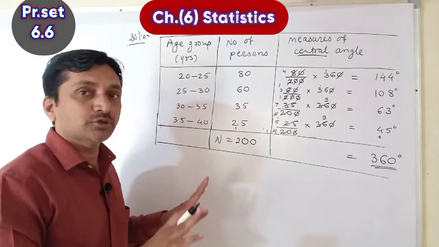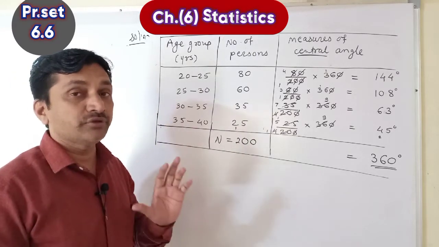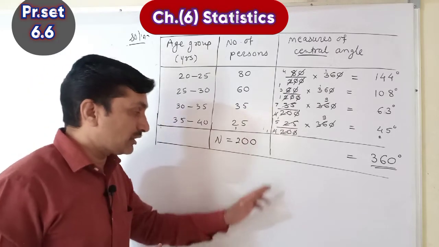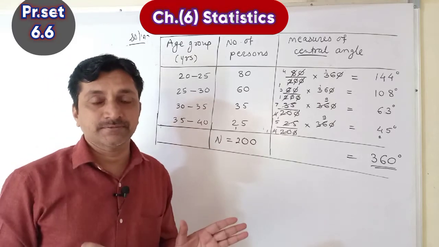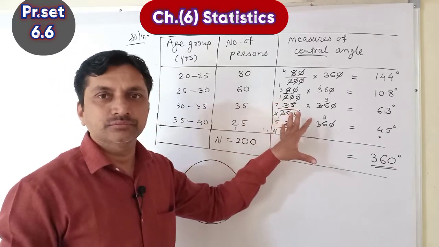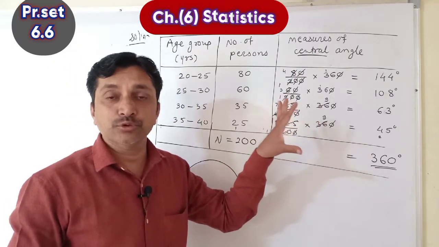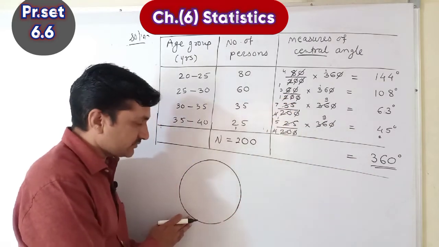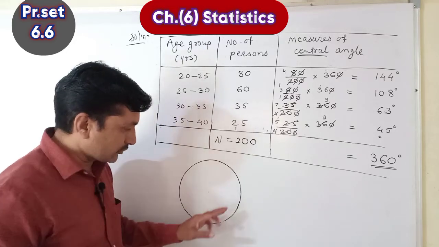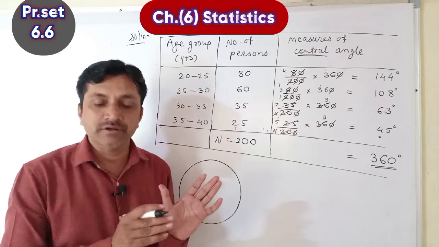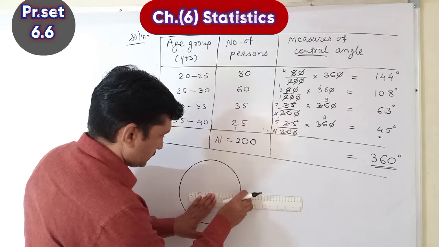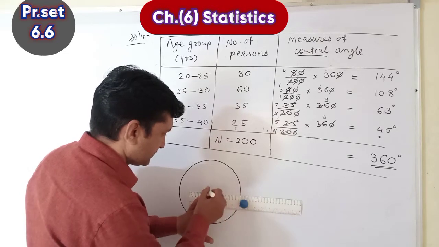Now half of the solution is over, the table is over. Now we have to draw the pie diagram, and for the pie diagram, first of all we have to draw a circle of any radius. Dear friends, the table is completed. For the pie diagram we have to draw a circle of any radius. The circle is drawn. Okay, and after drawing the circle, you fix one radius anywhere, because we have to draw angles now.